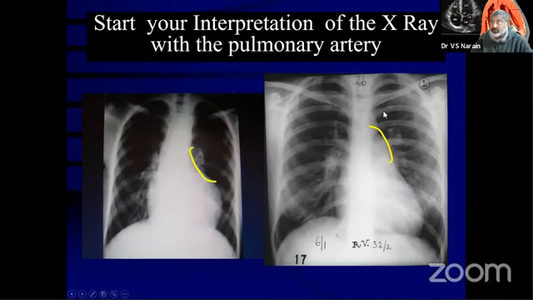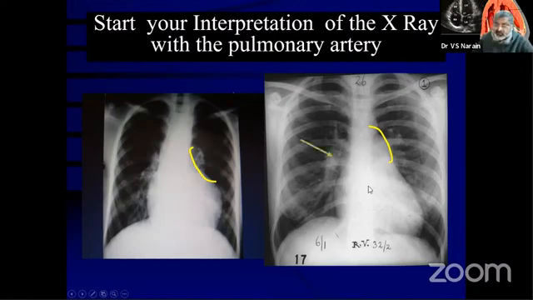It could be pulmonic stenosis also, because in pulmonic stenosis you can get a prominent main pulmonary artery. So when you have an absent pulmonary artery, an empty bay here, you are definite about pulmonary stenosis of the subvalvular variety. If you have a full pulmonary bay, a prominent main pulmonary artery, it could be valvular PS, or it could be pulmonary arterial hypertension.